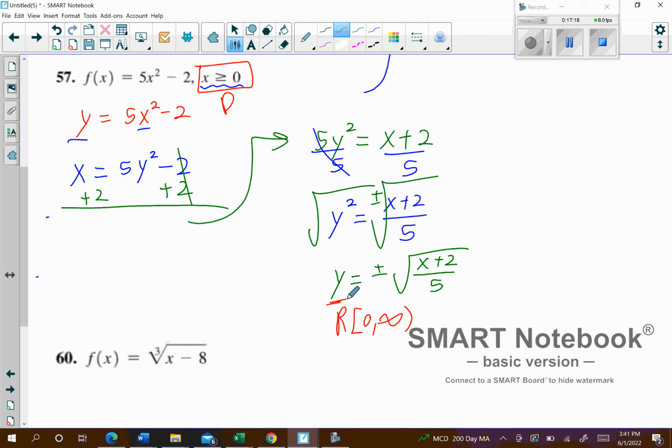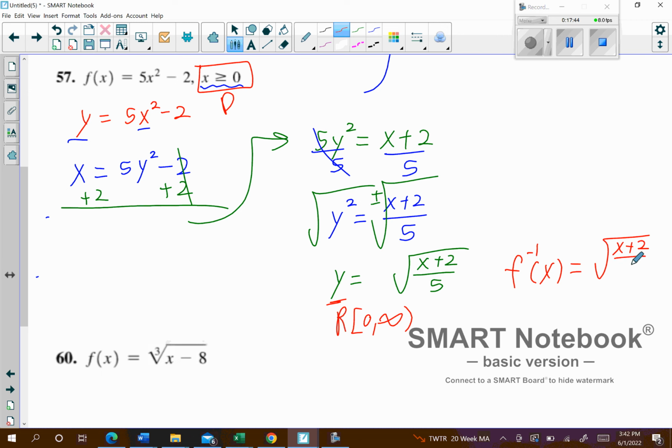So that means that we're going to go ahead and only look at this in terms of being positive, because I can't look at it as being negative because it's restricted. You can tell from the very beginning, my domain could only be positive values. So my range can only be positive values on my answer. So my inverse function, and by the way, we're not going to worry about